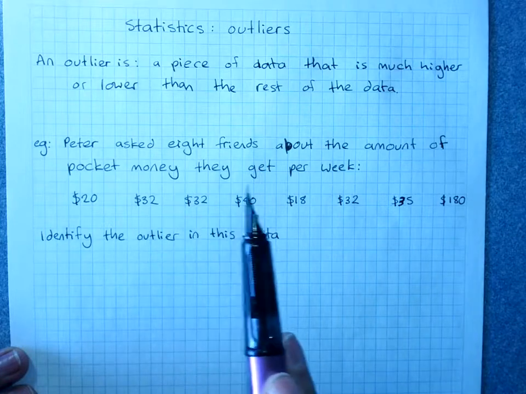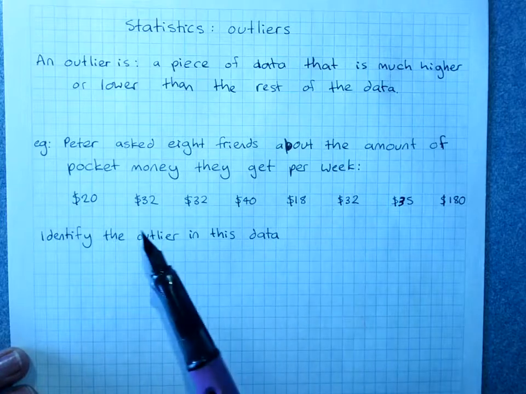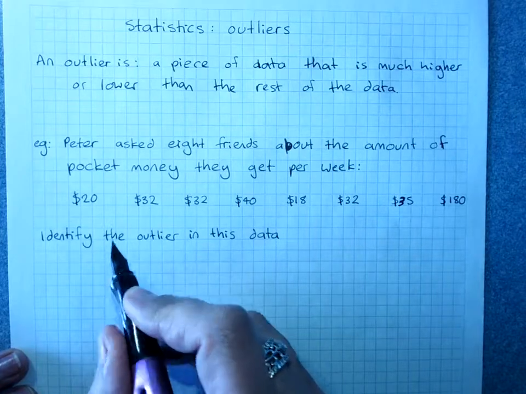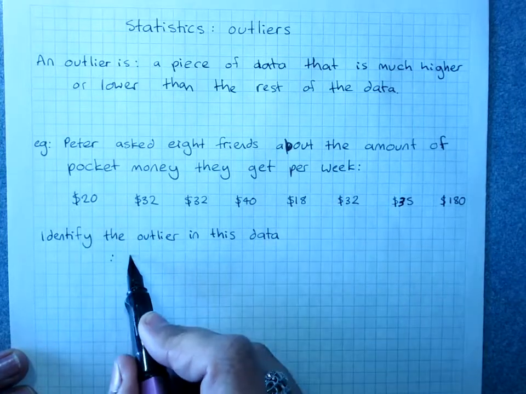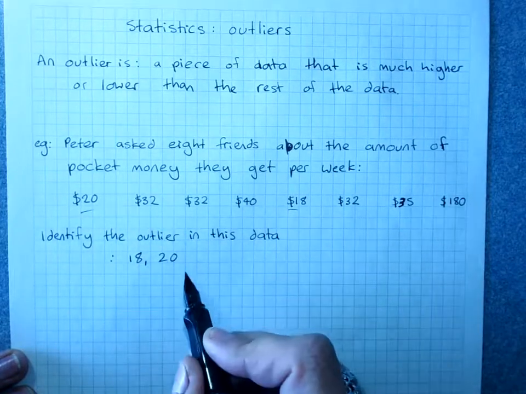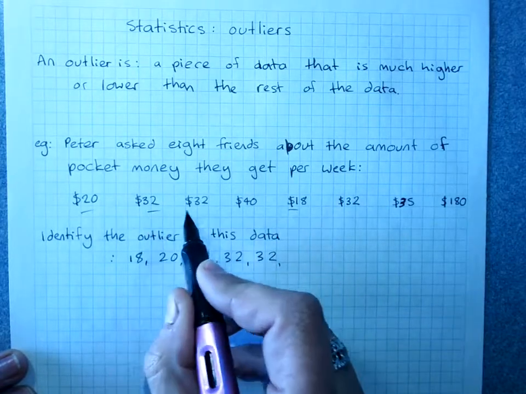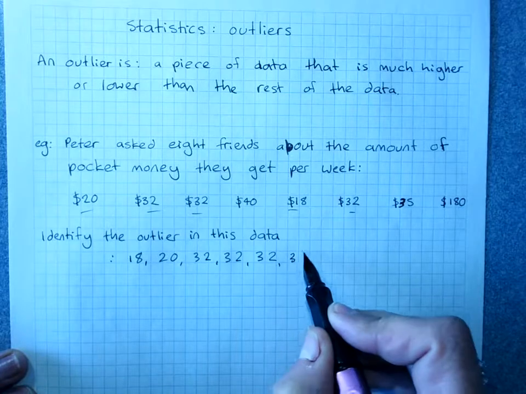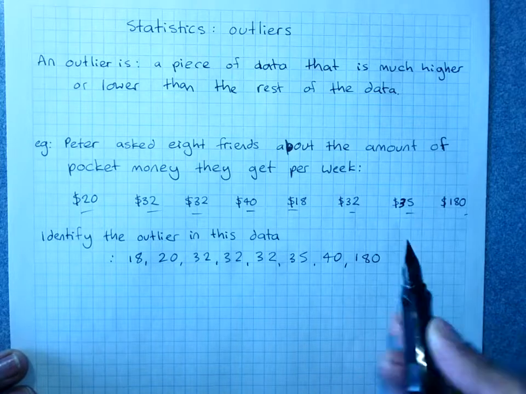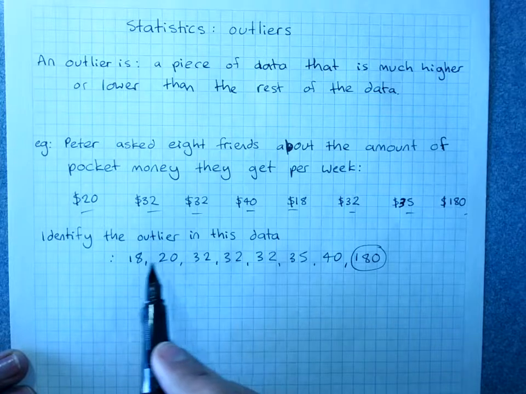So Peter asked 8 friends about the amount of pocket money they get per week. The values are here, and we have to identify the outlier in this data. Now if you're not sure, always put the data in order. So I've got 18, 20, 3 lots of 32, 35, 40, and 180. So obviously the outlier is 180,